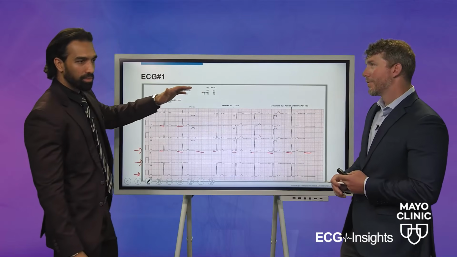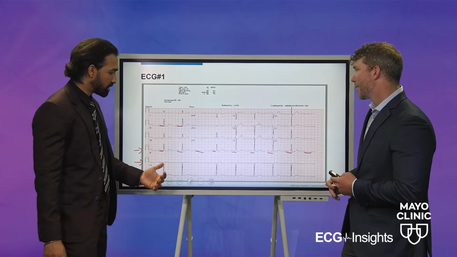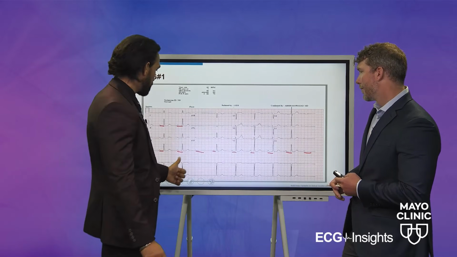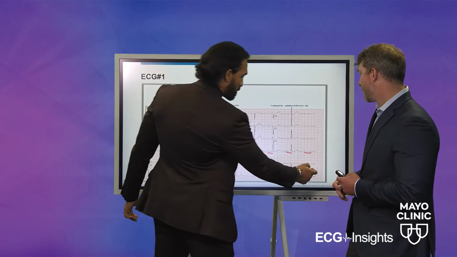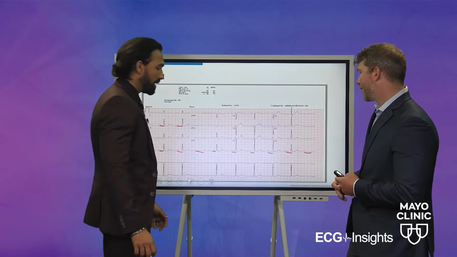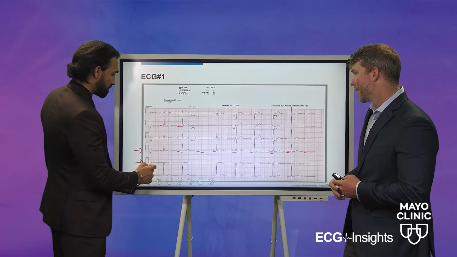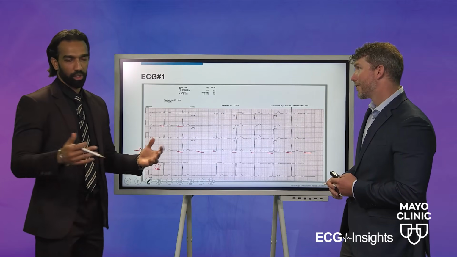The computer is good at some things, it's not so good at some other things. It's pretty good at the rate. And if you want to practice this yourself, you can count the number of QRSs in the rhythm strip. So there's 1, 2, 3, 4, 5, 6, 7, and then there's probably one that's right there or close to it. You multiply that by 6. And why do we do that? Because this is a 10-second strip. So if you multiply that by 6, it'll be 42 in this case, and that'll be close to the rate for the patient.